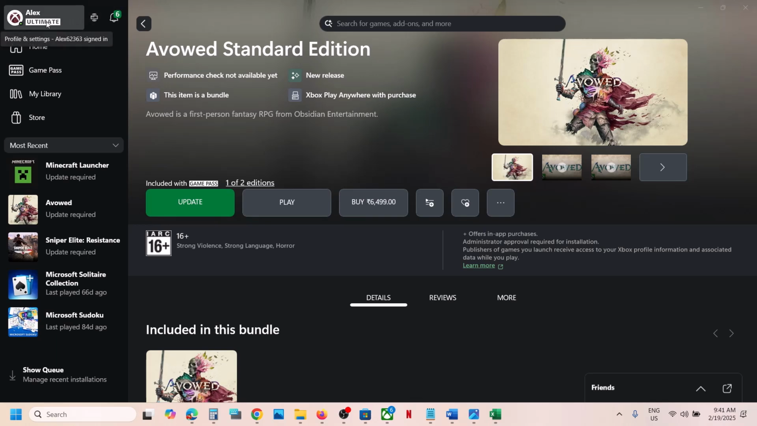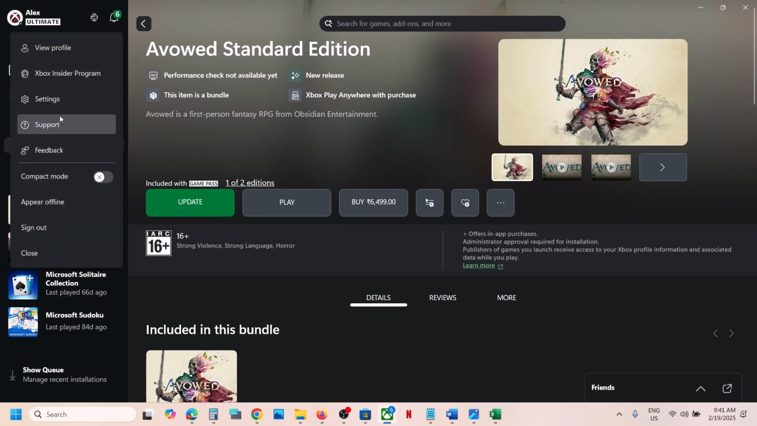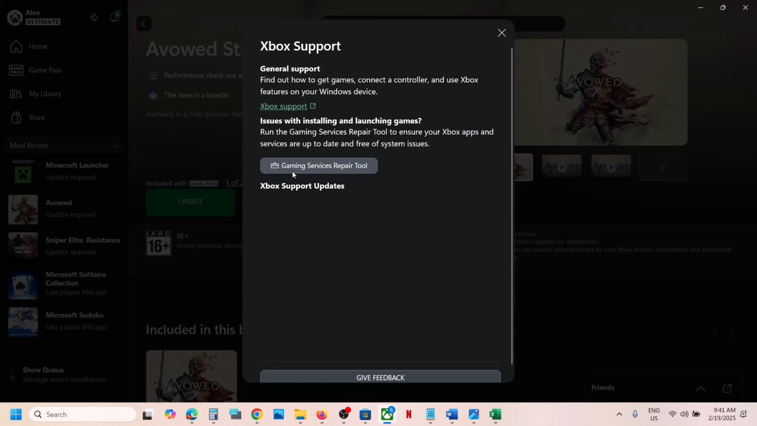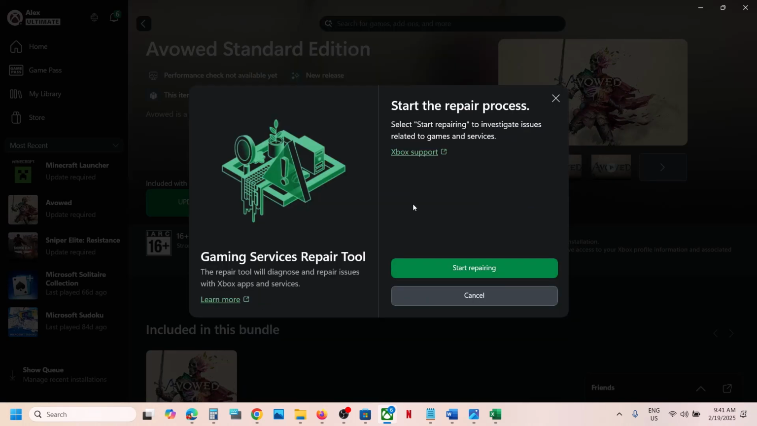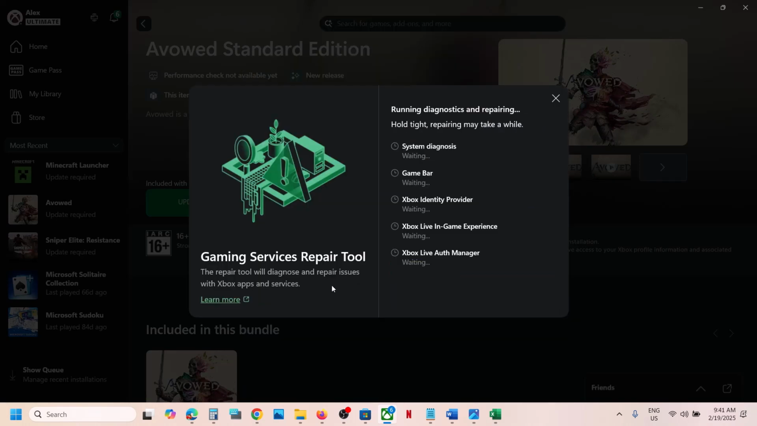So you can go to Xbox app, click on your profile icon, and then go to support over here, and then you will see Gaming Services Repair Tool. Click on it and then click on Start Repairing, click on Yes to allow, and let the repair complete. Once the repair is complete, now you can try to install it and then check. Still not working. In that case,